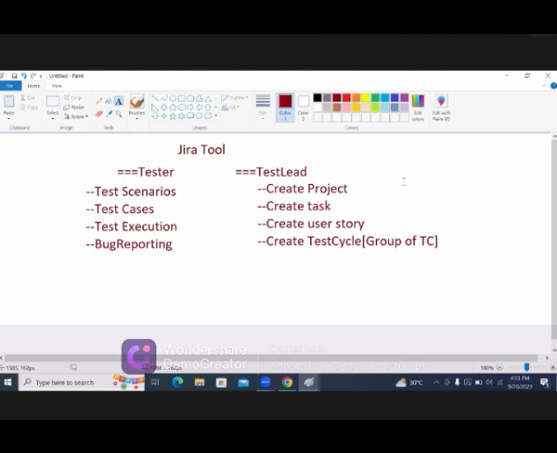If I'm taking the test scenarios, we need to follow the same steps along with test cases. Because of that, what we will be doing is